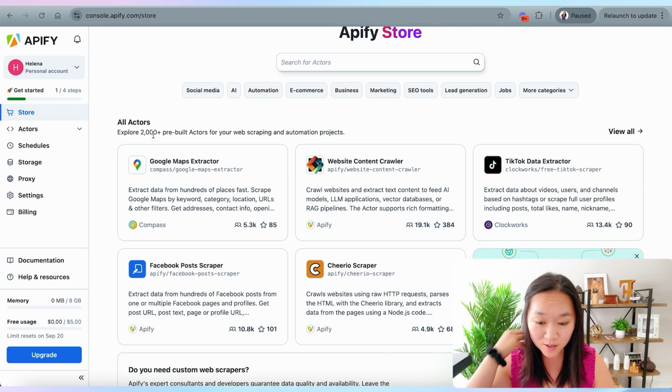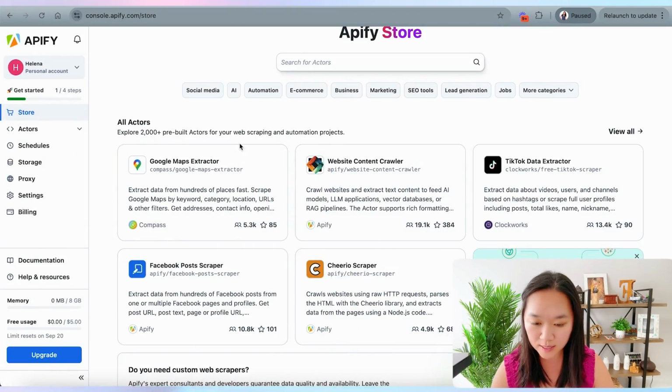So once you have signed up for your account, you'll be taken to the Apify Store. And as you can see, there are already more than 2,000 pre-built actors that you can use for your web scraping and automation projects. Likely, if you have a web scraping task, there is already a scraper that's made, so you don't have to go out, find a developer, and develop something custom, which can cost you thousands of dollars. You can see here, Apify already